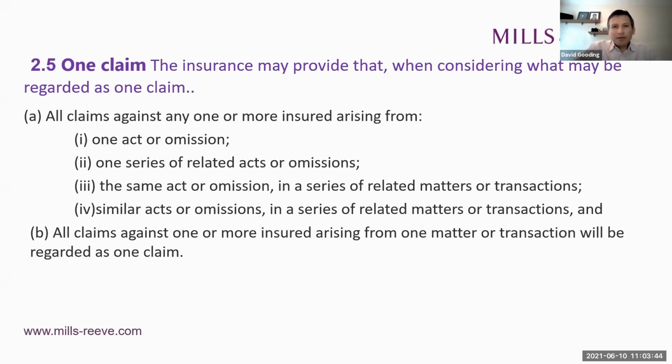And just remember, we're talking about a specific act or omission by the insured, which gives rise to multiple claims. Now, that might be where the firm is acting for, say, lots of clients in a class action, but negligently breaches a procedural direction, which leads to the claims being struck out. So all the clients would have claims against the firm. And if the indemnity limit was £3 million, there'd be a £3 million pot. So I think that would be sort of one act or one omission.